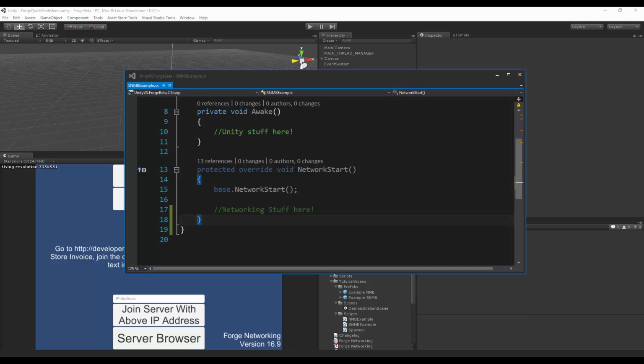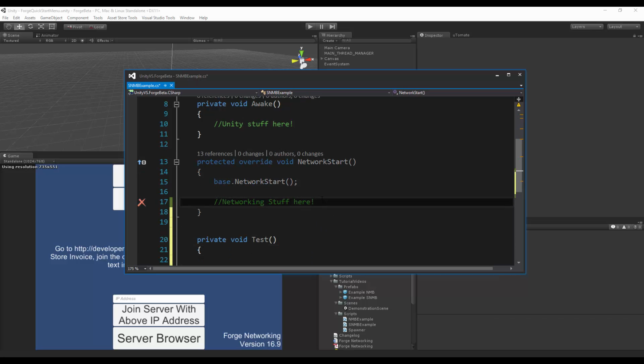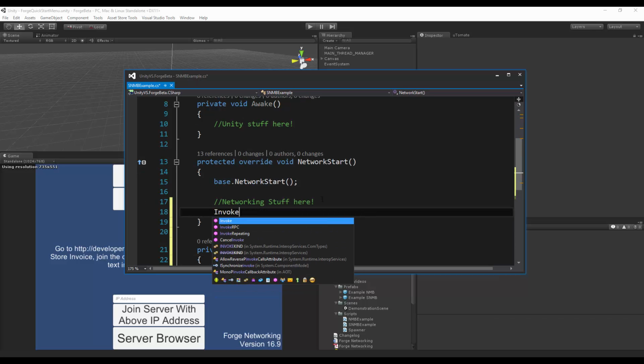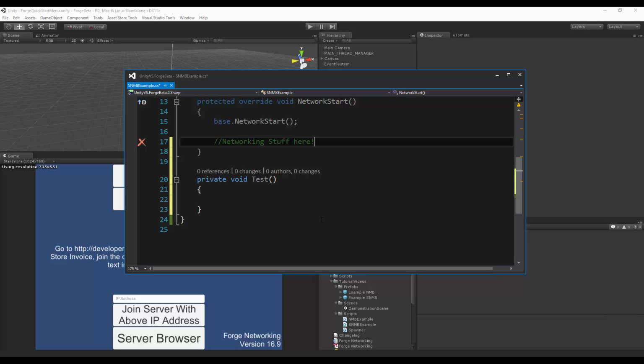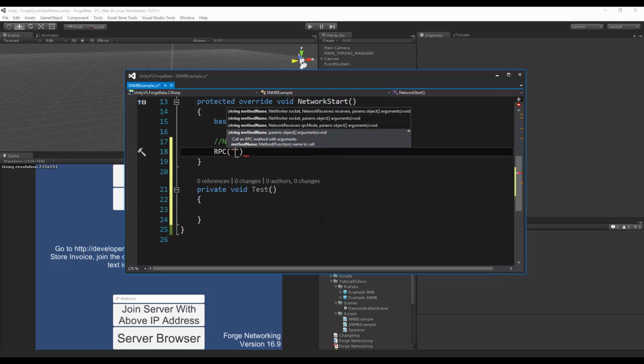So as an example, I'm just going to say private void test, and if I do invoke RPC, as you can see, it just takes in a networking stream, and that stream of information is already done by the consume, and it would go in. So it's essentially the same as doing RPC test